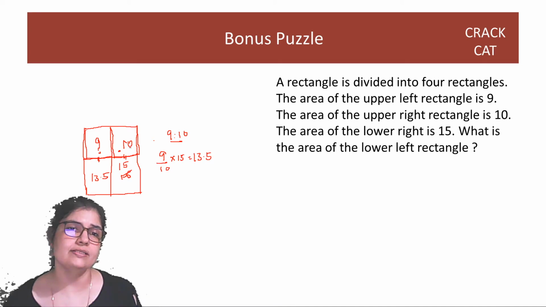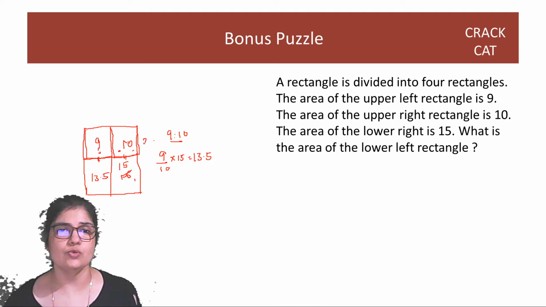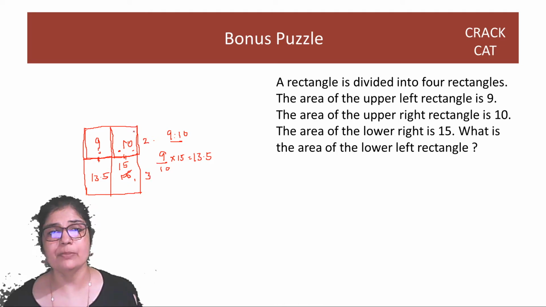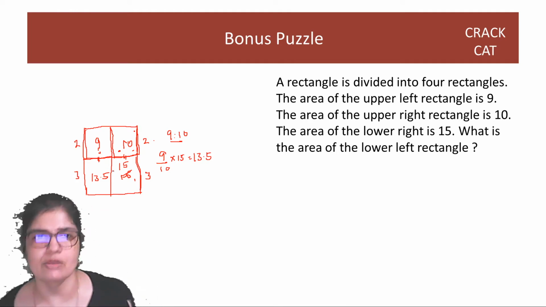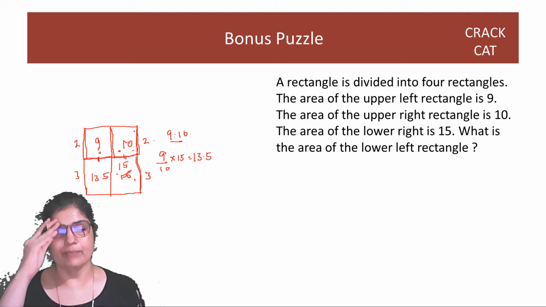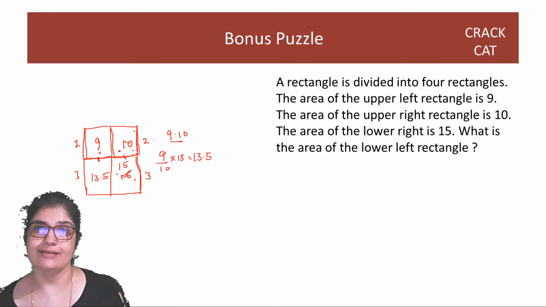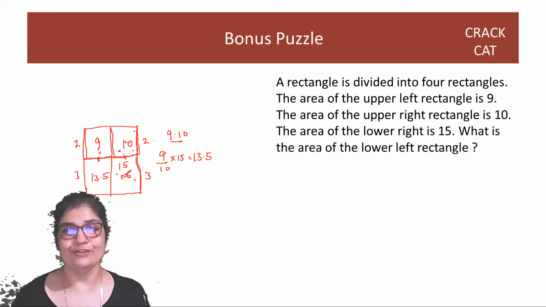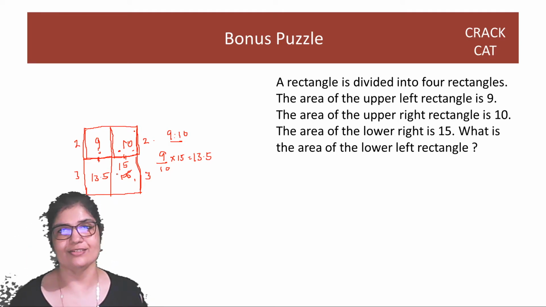And if you notice, the ratio of these two rectangles also, which is 2:3, 10 and 15, ये दोनों का area, right, will differ because their height is different. And we're getting the same ratio here, 2:3. So obviously you don't need all this to solve. Only the 9:10 is enough, but I'm just opening our minds to all kinds of possibilities here, right? So great. Let's start off with VARC for 2017.